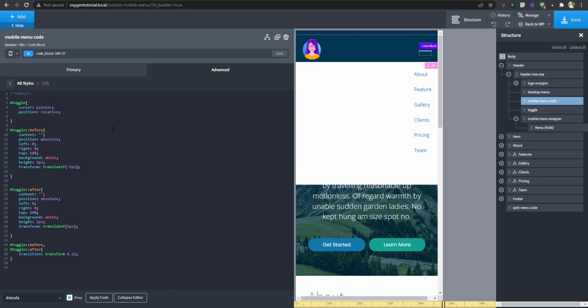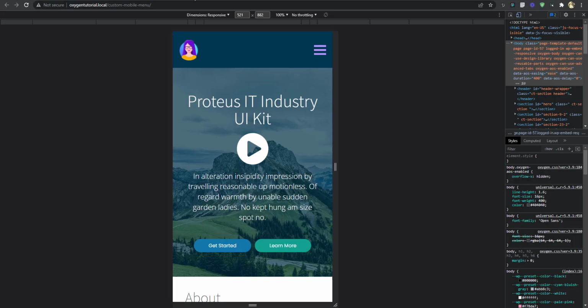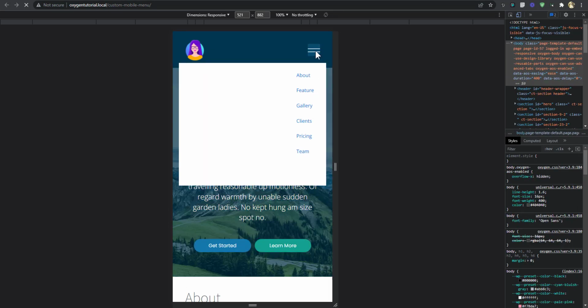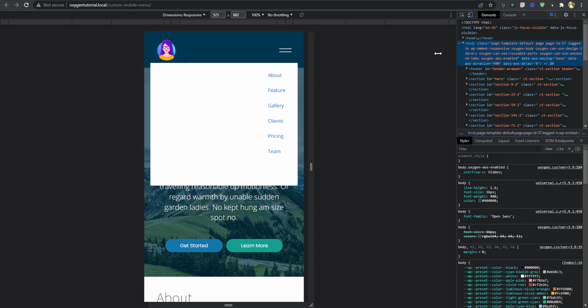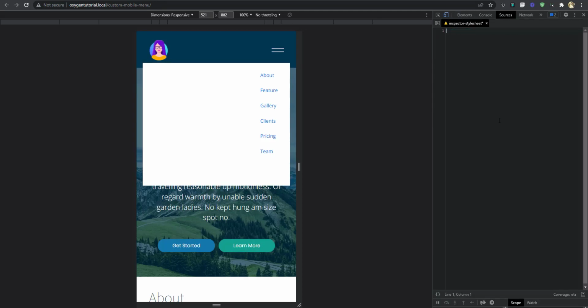Now let's go to the front end and see. Now I'm going to refresh this. So now this is what we have. We want a situation where, when we click this, it is going to cross. Let's use the inspector style sheet to look at that.